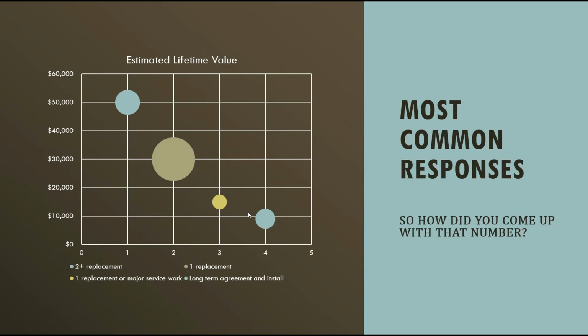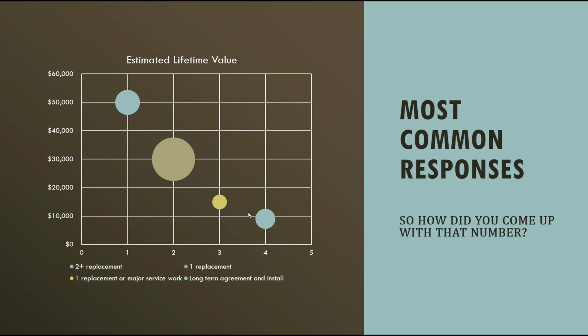But about 50% of the group fall in the $30,000 range. I do a replacement or two at a home, and usually the scenario goes: I meet the customer, we do some maintenance, we do a repair, we do a replacement, we maintain that unit until it dies, we do another replacement, and then they move, something changes, and they move on. But I usually do about 2 replacements at that house.